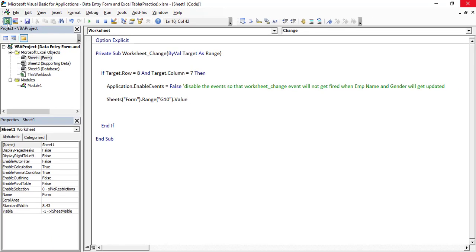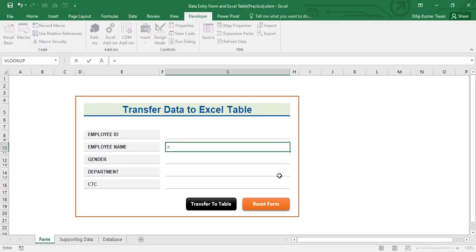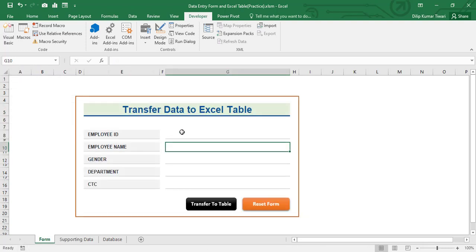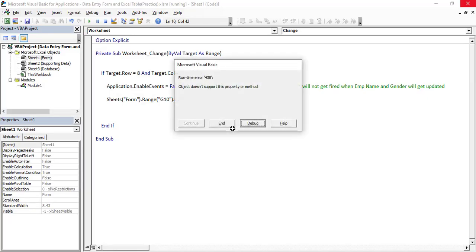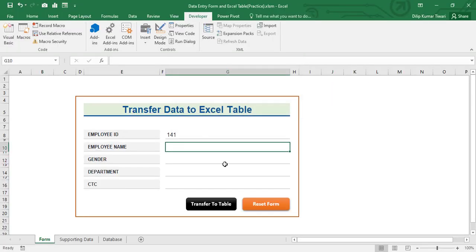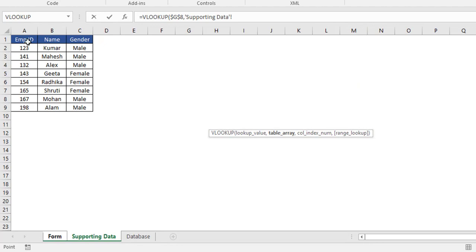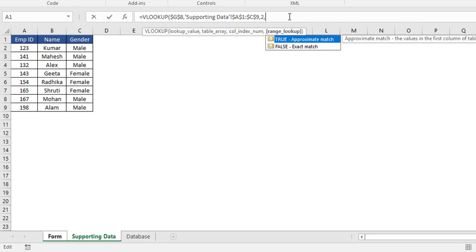and let's move to Excel and update any of the employee IDs. So here let's consider 141. Okay, and we look up, then the lookup value is G8, the employee ID, and the table array is available here. So we need to select the entire range and press F4 to freeze this, and the employee name is available in column 2, so the column index would be 2, and we need the exact match, so just put 0, and then